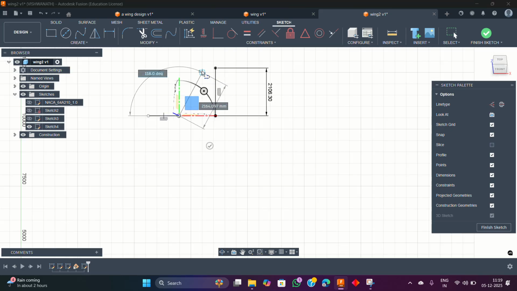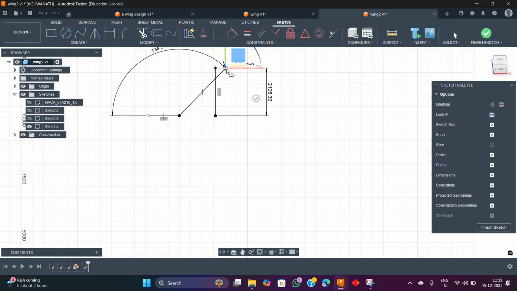Of angle, enter tab, then angle 134.3, enter tab for shifting dimension, and click on this dimension line. Then from here to a horizontal line of 435, enter,